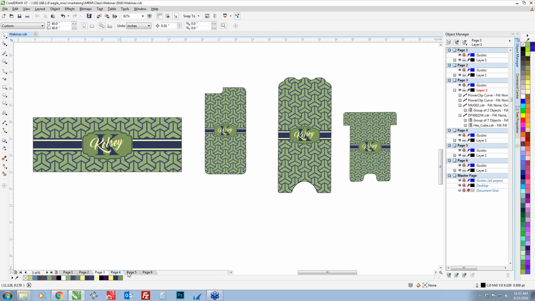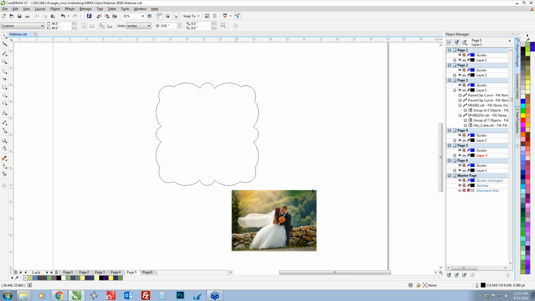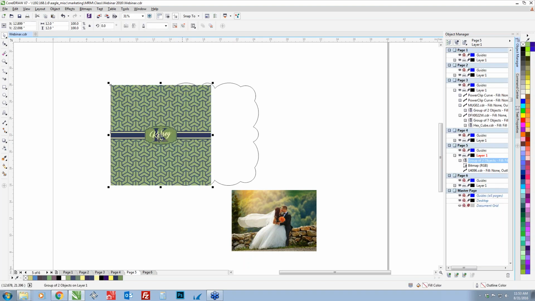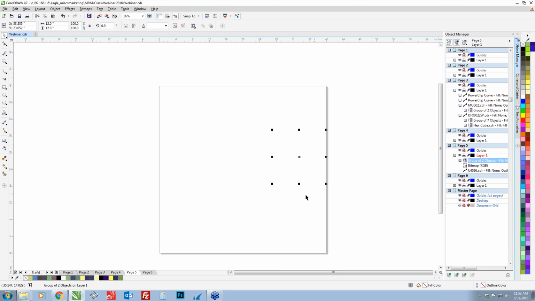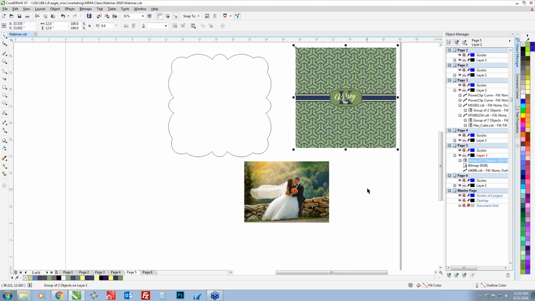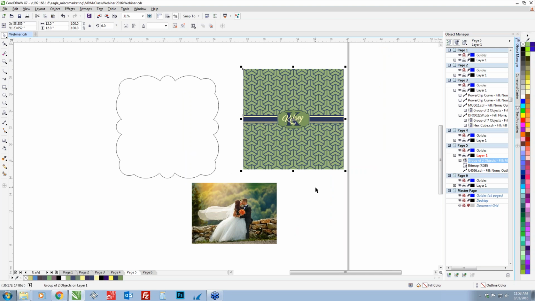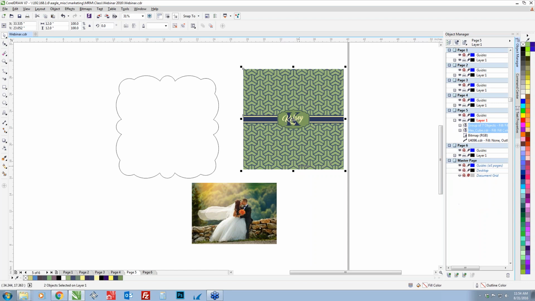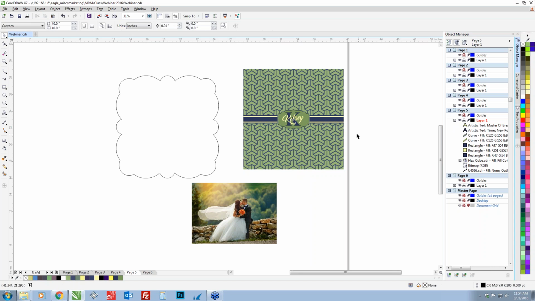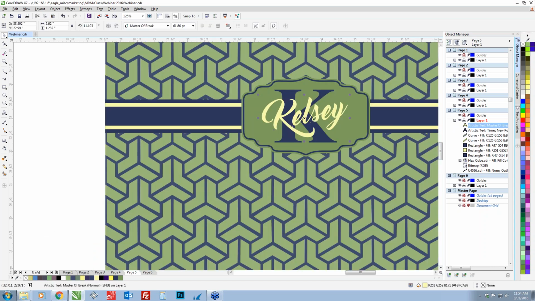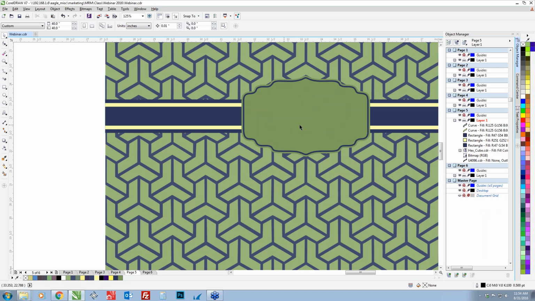Okay, so now let's talk about adding pictures into our artwork. So once again, all I'm doing, Control V, because my artwork is still on my clipboard. So we want to change all of this and add this instead. So what we're going to do is ungroup, Control U, and then we're going to ungroup this, Control U again. And now we're going to get rid of a couple of things. We're going to get rid of Kelsey's name, we're going to get rid of the K, and we're going to